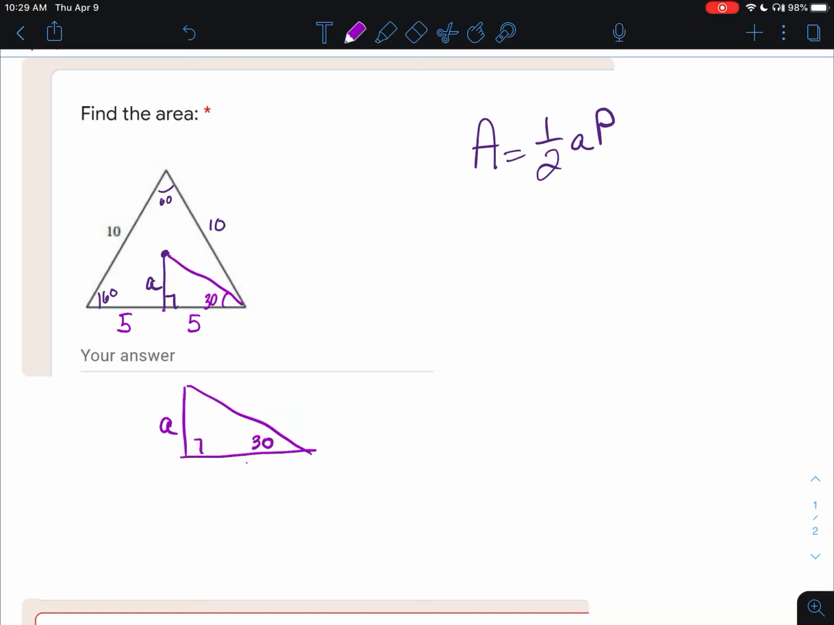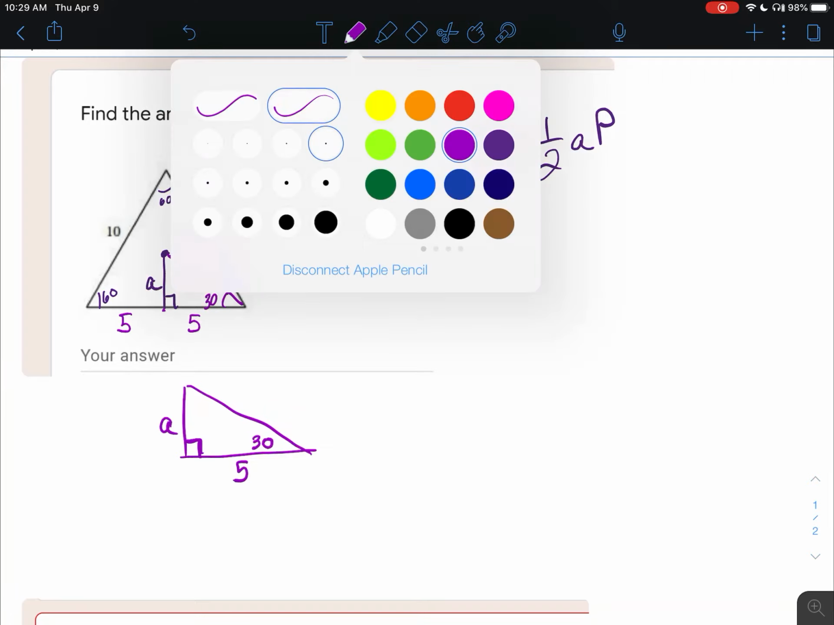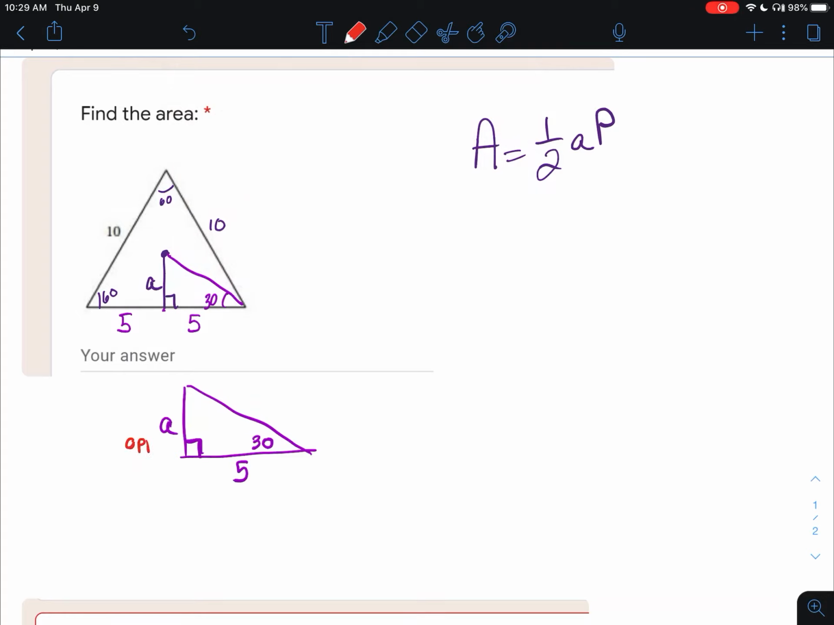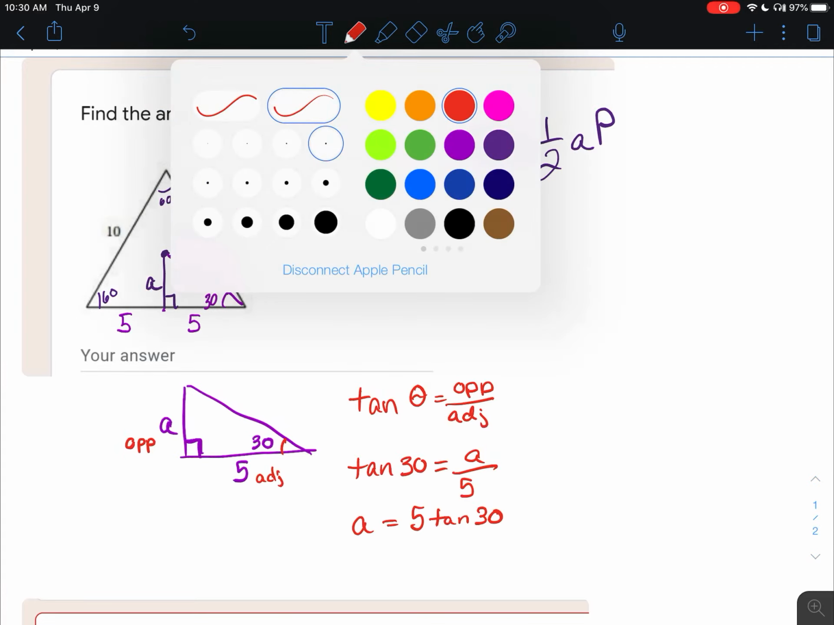So for this one, I'm going to use trig, but I'll talk about how we could have also used the 30, 60, 90 ratios as well. So for this one, using the trig, this is our opposite side, and this is our adjacent side to the angle we're given. So that's going to be the function of tangent of theta equal opposite over the adjacent. All right, so tangent of 30 degrees is going to equal a over 5. We cross multiply, so that's going to be 5 times the tangent of 30. And that gives us